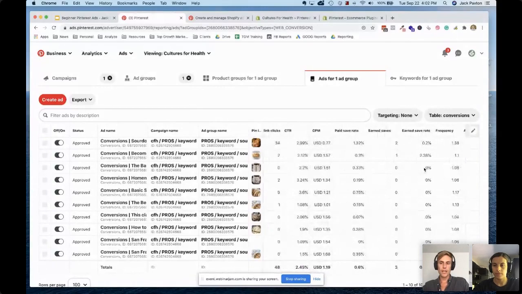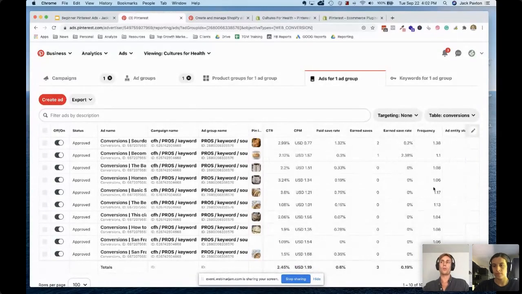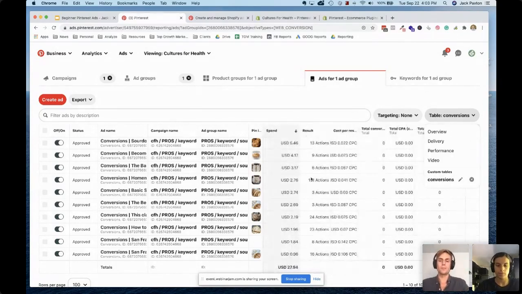You can look at your save rates, and this is your frequency. What I've been talking about all the time about frequency, you're going to want to make sure that your frequency doesn't go over a 3 or 4 for prospecting. But for remarketing, you can really keep your frequency in the, let's say, 4 to 6 range, and this is over a 30-day period. And that's very conservative. And so when you're setting up your dashboard here, you're going to want to create your own conversion setup so that you can look at all of the specific things that you want to look at for the